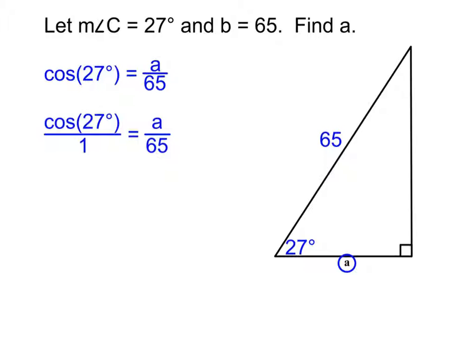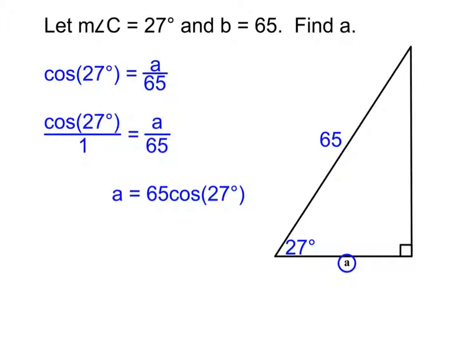Yeah. So take a moment, finish solving it out from here, because we've done something like this before. I want to make sure that we remember that process. All right, and so in order to solve it from here, we cross multiply. The great part about it is that 1 times a here is just going to be a, so that part's going to be nice and easy. And then for the 65 times cosine of 27, I just leave it as 65 times cosine of 27 at the start. Now that it is a equals,